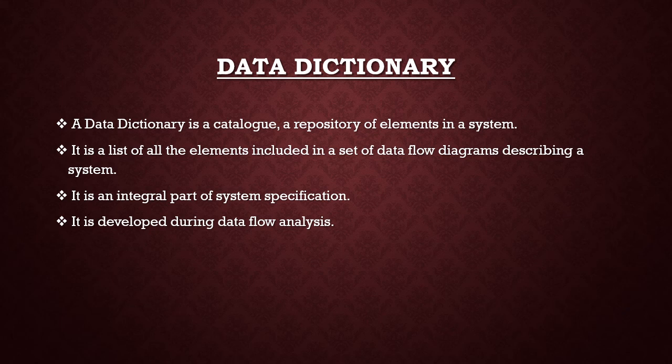For example, I have created a table in the database, and this table includes name, roll number, class, field names, right? So in that case, what will be the data types of each field, and what will be the constraints that will apply to the table? So all these things are described in the data dictionary, and it stores all the details, all the description about how the data is flowing in the entire system. What will be the source, what will be the process, where the data will go and store. So all these things are maintained by the data dictionary.